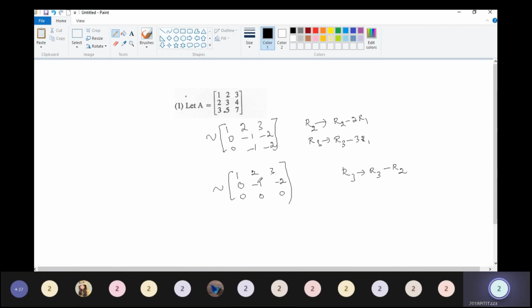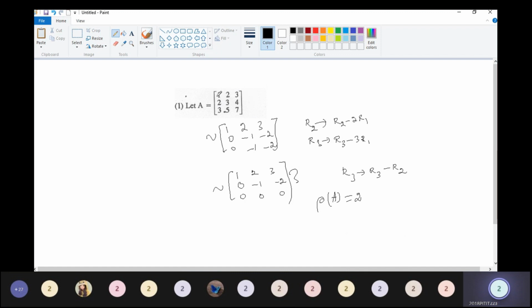So the number of non-zero rows in the row echelon form is the rank of the matrix. Here the number of non-zero rows is only 2. So rank of A equal to 2. So we can use any one of the methods. Mostly we will use the row echelon form method, because if you have a rectangular matrix,